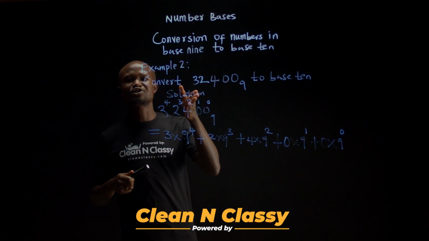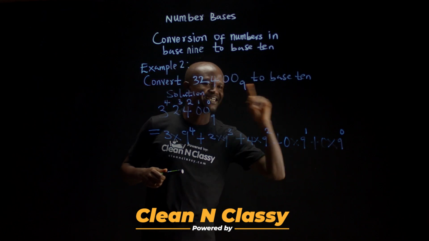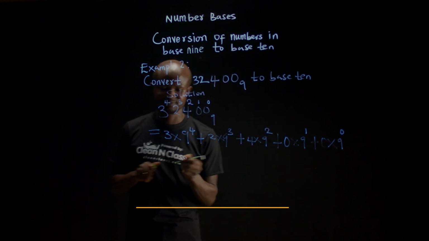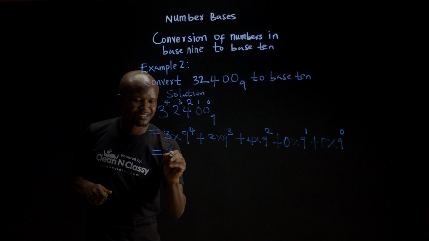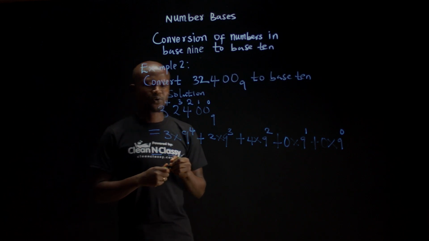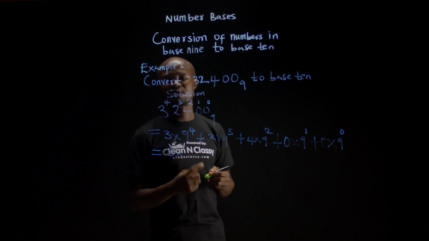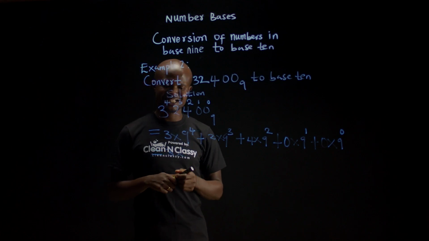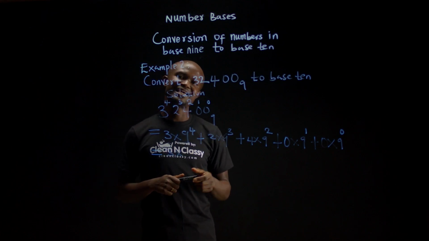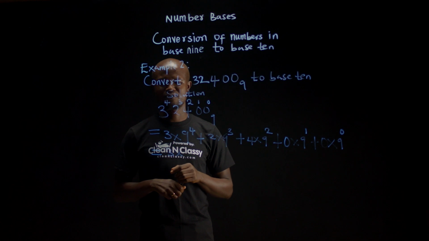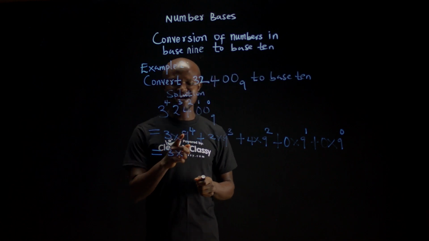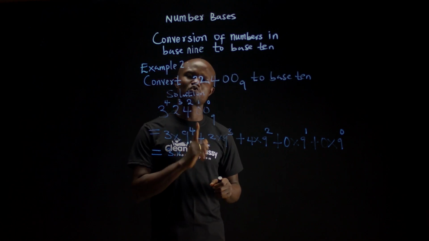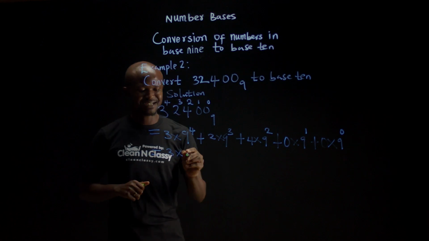So the next thing for us to do is to simplify the expanding form. How do we do that? 3 times what is 9 raised to the power 4? 9 raised to the power 2 is 81. 81 times 81 is 9 raised to the power 4, because 9 raised to the power 4 is 81 squared. So in that case, that will give us